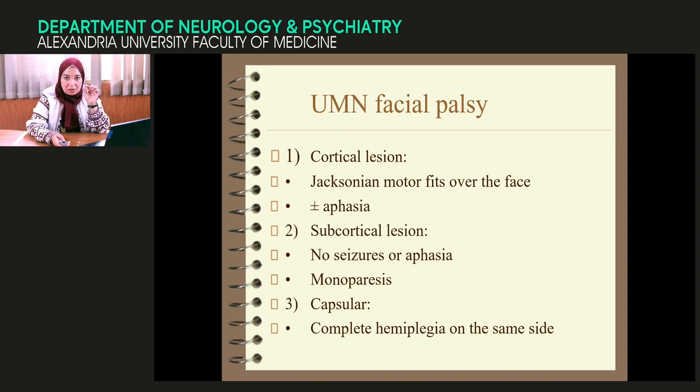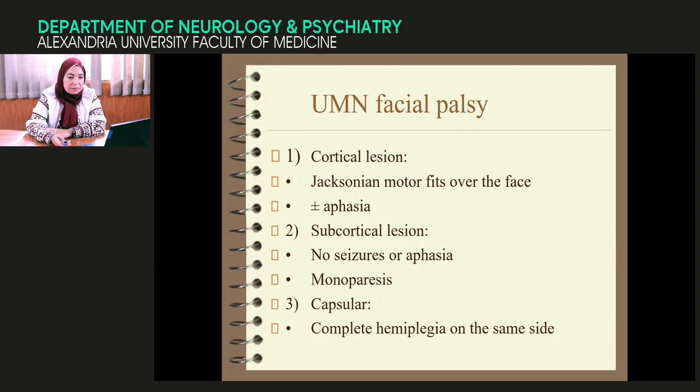Capsular lesion: the lesion will be at the internal capsule. It will have complete hemiplegia. Complete means it affects the upper limb and lower limb on one side, right or left. Hemiplegia means the right upper limb and lower limb, or the left upper limb and lower limb. And it will be on the same side as the facial weakness. So if the upper motor neuron facial palsy is on the right side, there will be weakness of the upper limb and lower limb